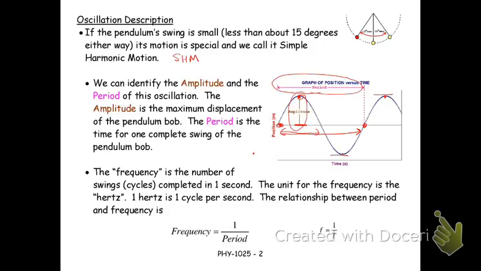It used to be, when I was a student, cycles per second, and they stopped, well, they didn't stop using it, they named it after Hertz, who was a famous scientist who worked in this kind of area. In naming it after him, they made life more difficult for a lot of students, because when it said cycles per second, you knew to take the number of cycles and divide it by the number of seconds.